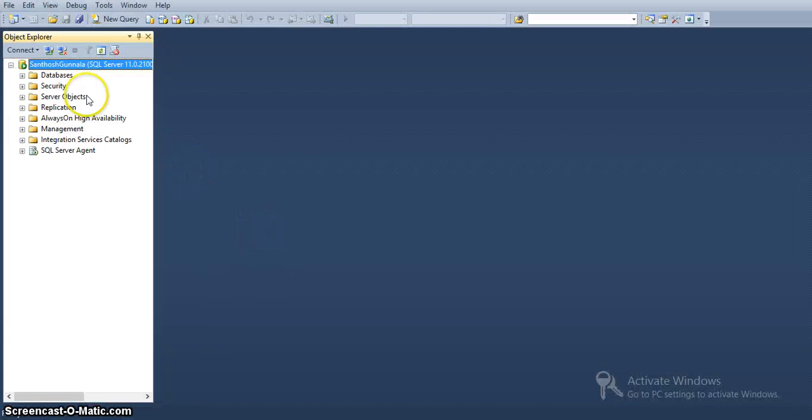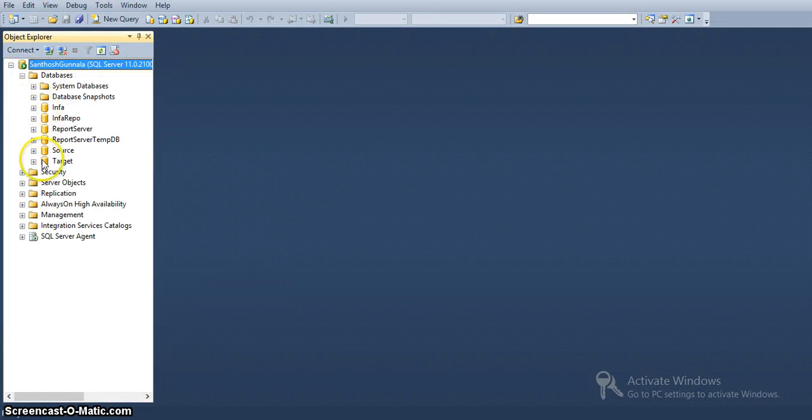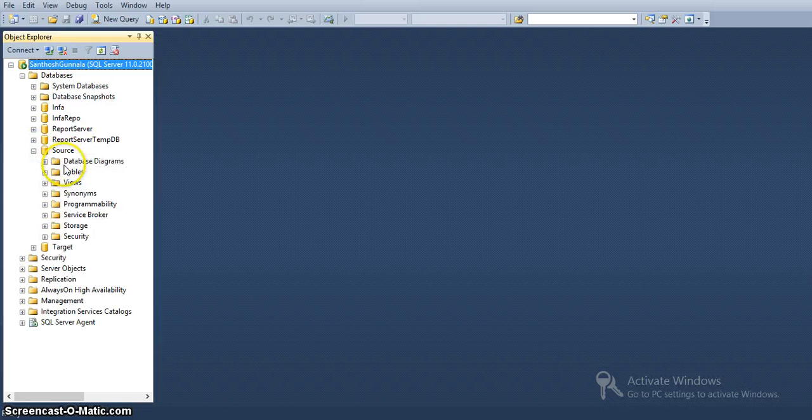I am opening SQL Server and connecting to the source database.